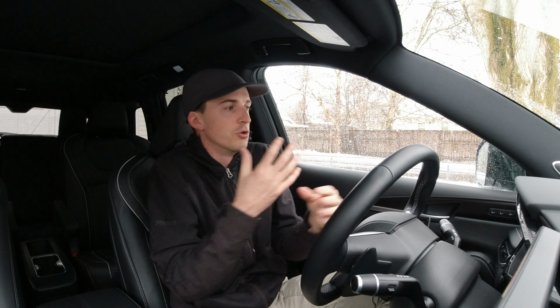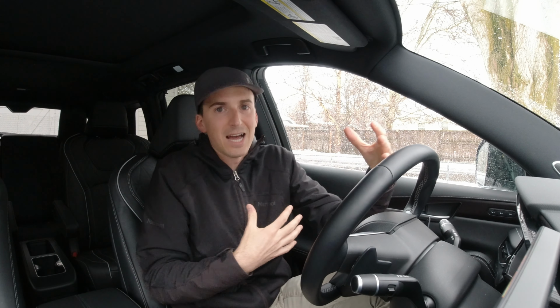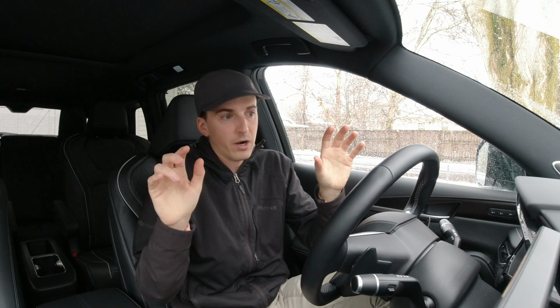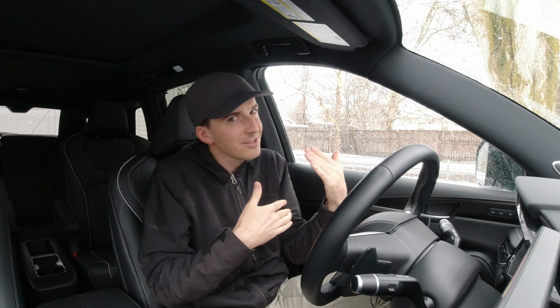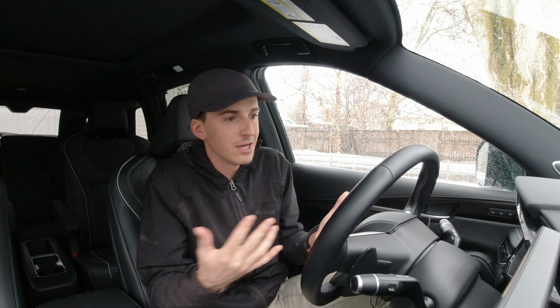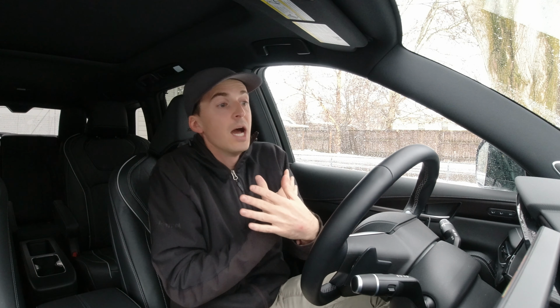And just know that that price premium is rooted mostly in design, and the fact that this is a luxury vehicle, whereas the Pathfinder is a mainstream vehicle. But if you can look past that, I think you can save a lot of money just going with a loaded Pathfinder, and you get a lot more value there. But still, if you're committed to the luxury segment and you're interested in a QX60, I would also test drive